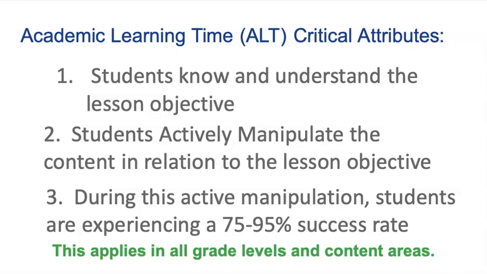And we know that success breeds success and failure breeds failure. So we want to keep our students in that range where they are still engaged, still learning. They're not making 100% every single time because that wouldn't be their ZPD. They're in that area where they're learning, they're growing, and they are being successful, so they're willing to keep engaging